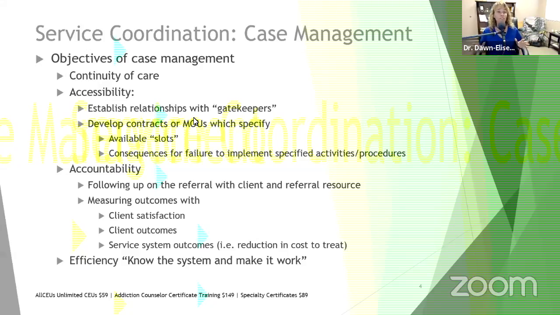So memoranda of understanding really spell out: this is what we as an agency do. This is what we as an agency are willing to commit to do for your clients, for your referrals. And this is what you as the other agency are going to do in return. This is how we're going to cooperate. Accountability. And you do want to be careful when you write those, because there's a lot of patient brokering issues